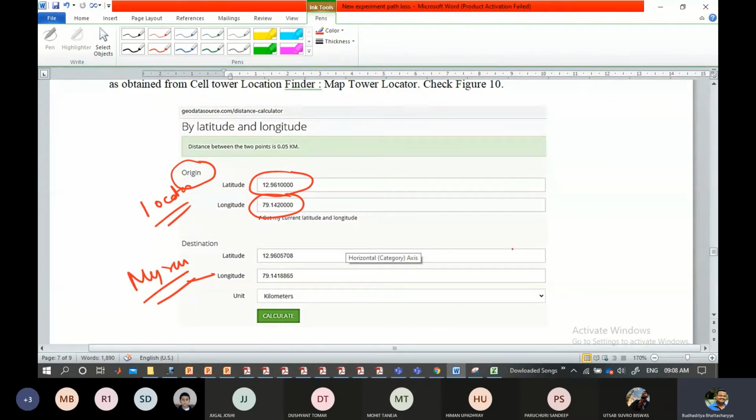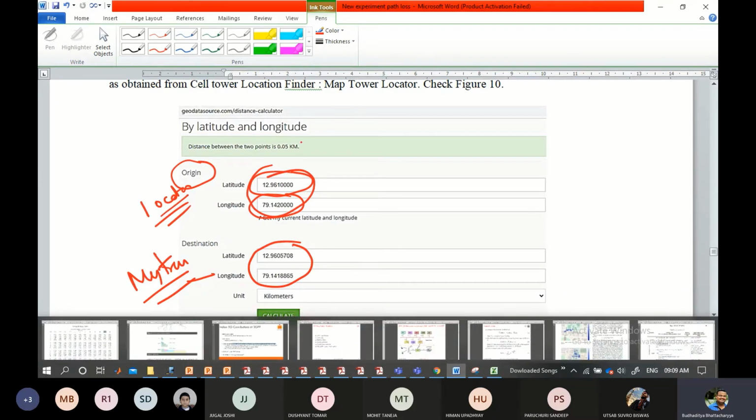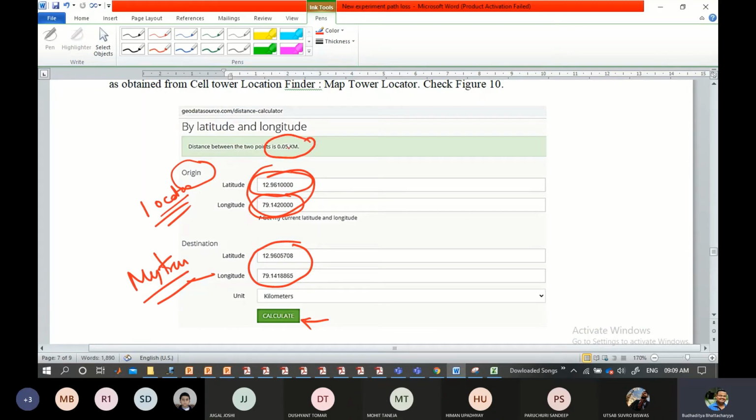The diagram is indicating that, but unfortunately the writing is wrong. So the MyTri data you fit in over here, and the locator app data you fit in over here, and you click on calculate, and you will find this is the distance it will give you based on the latitude and longitude.